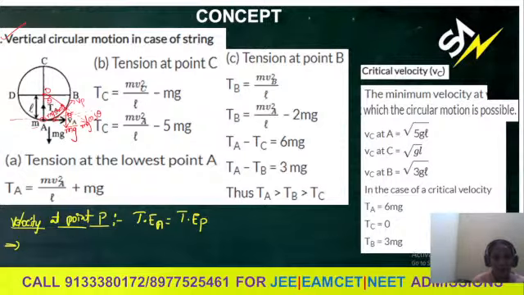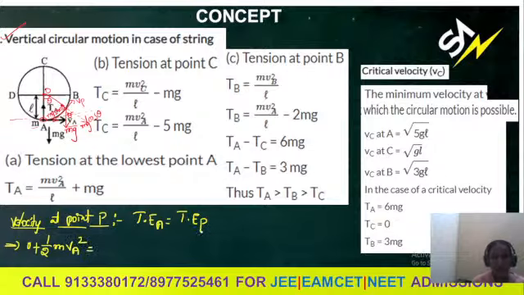Reference line means it is at the bottom, means no height, no potential energy. When it reached a certain height at point P, it can have the potential energy. So at A, it is having only kinetic energy, no potential energy, 0. So kinetic energy at the bottom line is half m VA square, will be equal to